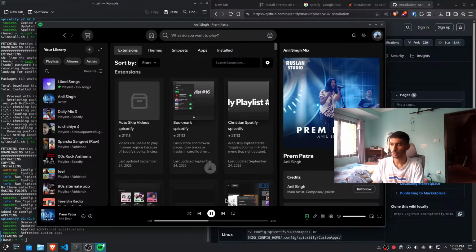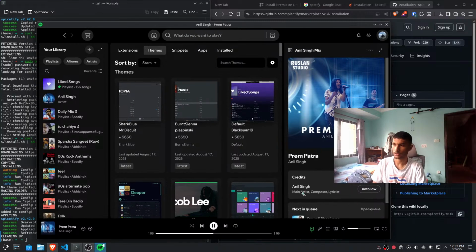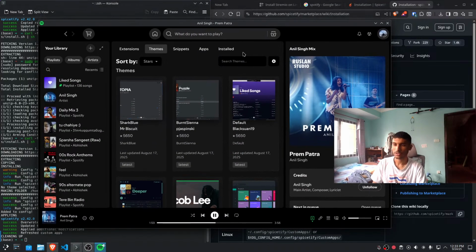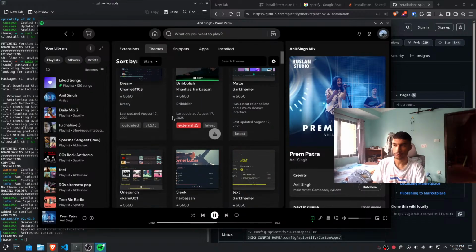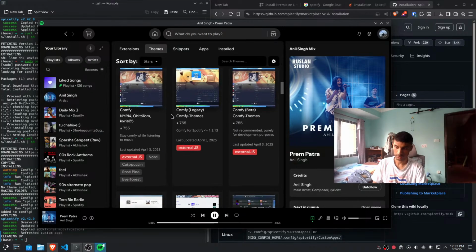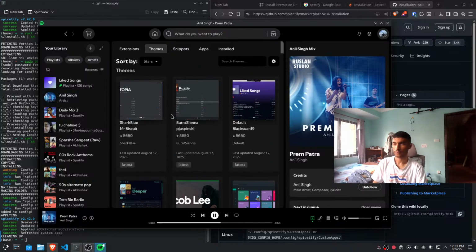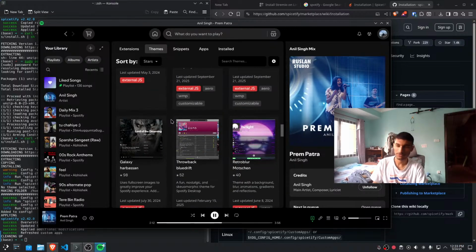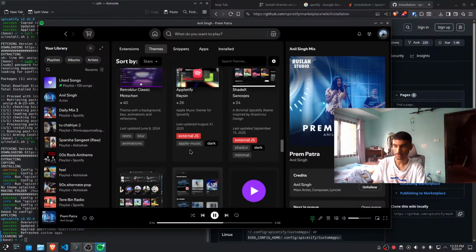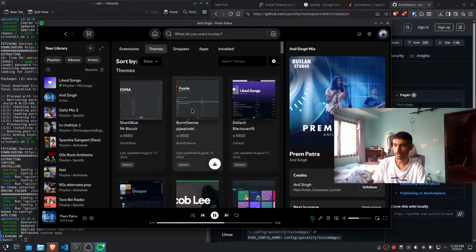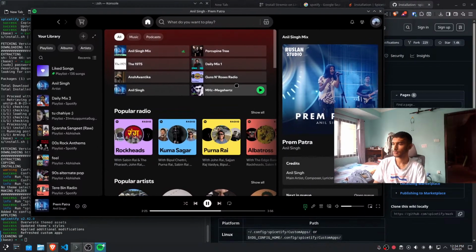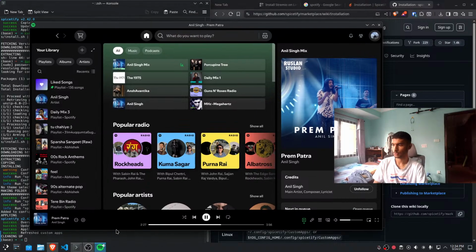There's a lot of themes that you can choose, but at the end of the day, the default Spotify theme is the best. I mean, it's a personal preference, but these themes have very inconsistent behavior across the UI, so I like to stick with the default one. And yeah, that's all. We are totally set for our Spotify thing,